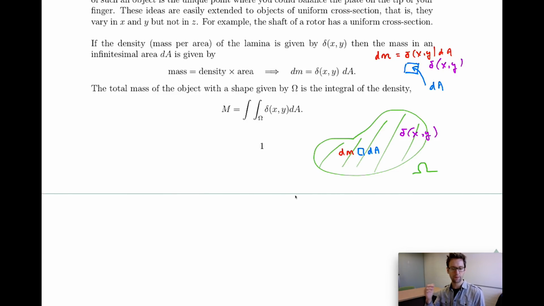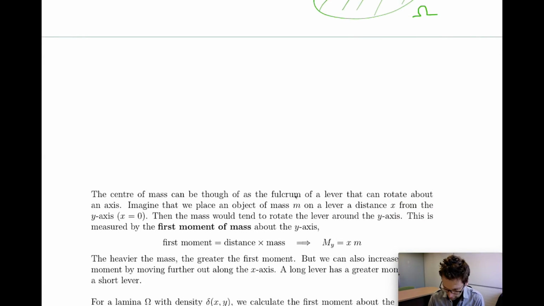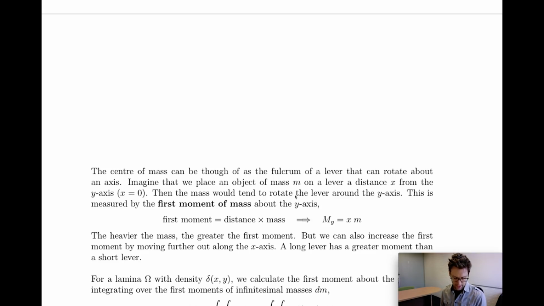Alright, so now I'd like to be able to express where the center of mass is of that object. And the way I'm going to do that is by thinking about how that object responds to tipping over. So if I was to place my finger at a particular point, would this thing tip over? So how do I measure that? Well, I do that using something called the first moment. You can think about that as a little bit like the lever force. So if I imagine setting up a little seesaw,